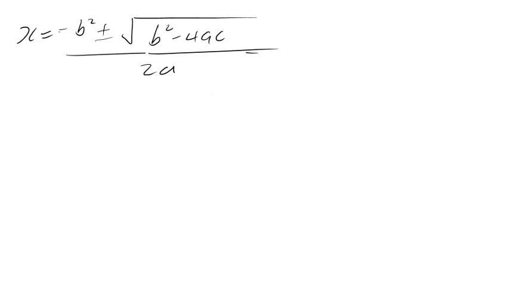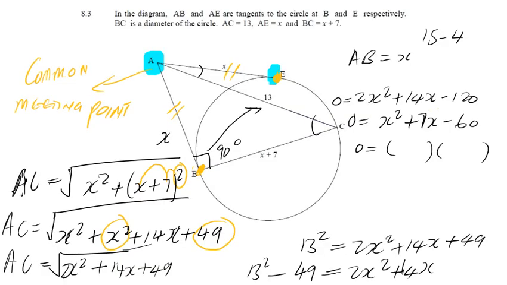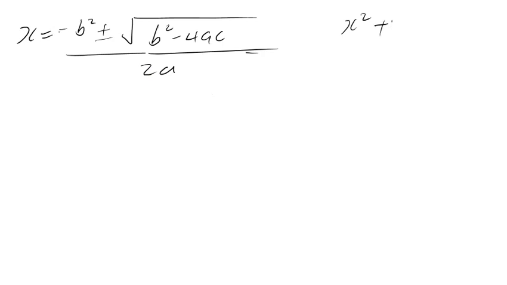Okay, then from here we're going to get the values. So we have x squared plus 7x minus 60, which is equal to 0. So it's your a, b, c. To solve this question, you're going to say x is equal to, so the factors of this,